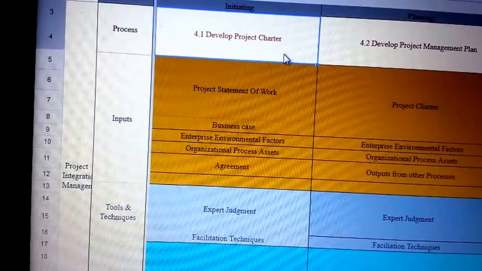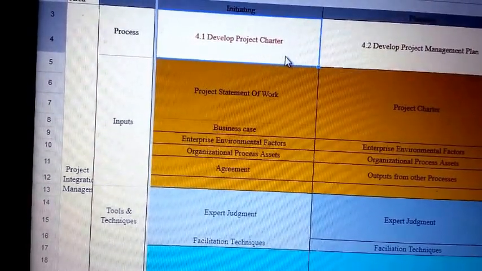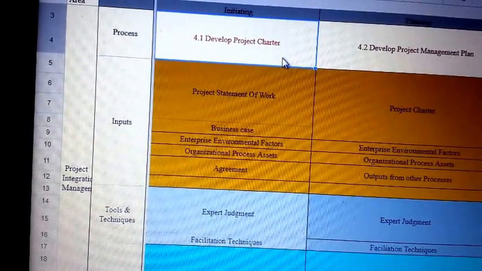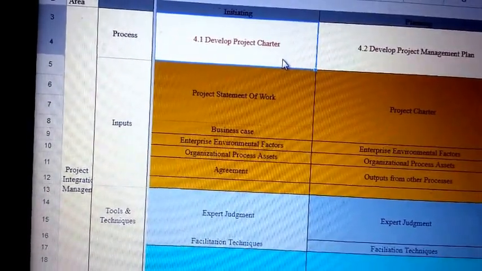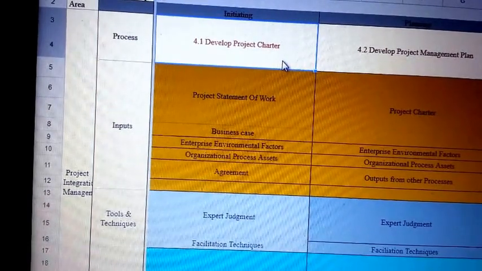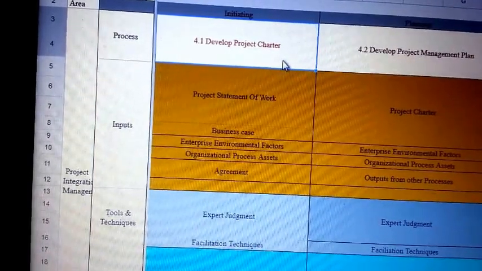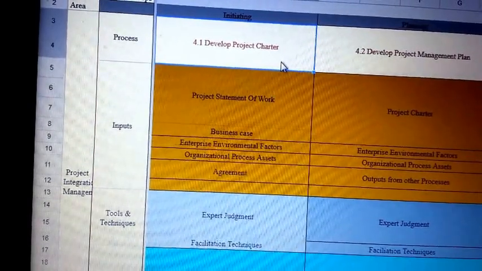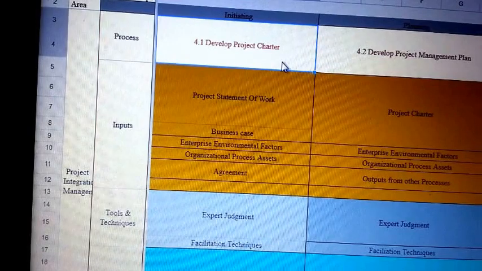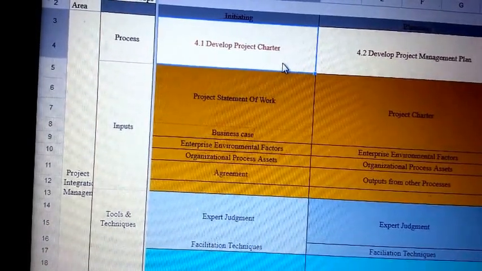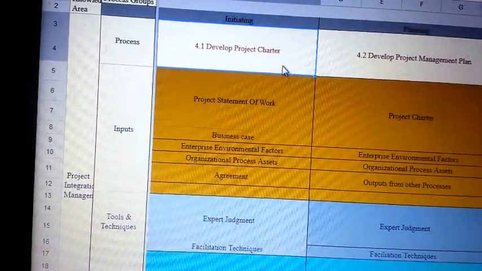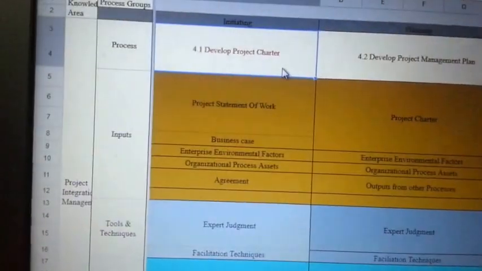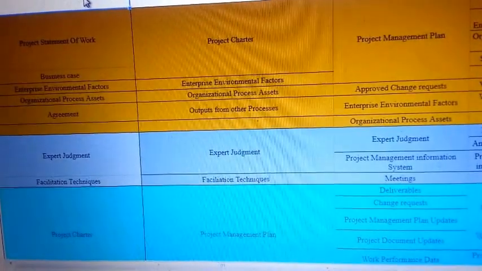Then enterprise environmental factors. We know that there are different kinds of organizations, like matrix organizations, functional organizations, or there are different external environmental factors. So all these factors we need to take into consideration while doing a project charter. Then we have different kinds of agreements as well, and the organizational process assets. That's actually the lessons learned from the previous projects. Now all these inputs